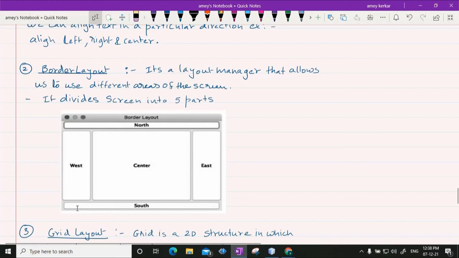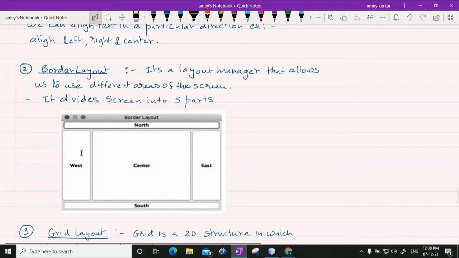At the bottom also you will have a component wherein you can have your taskbar, and different links can be shown here. Towards the center you will have the editor, or the text or some information about your web page, or the web page content will be shown here. So basically this kind of layout is called a border layout.